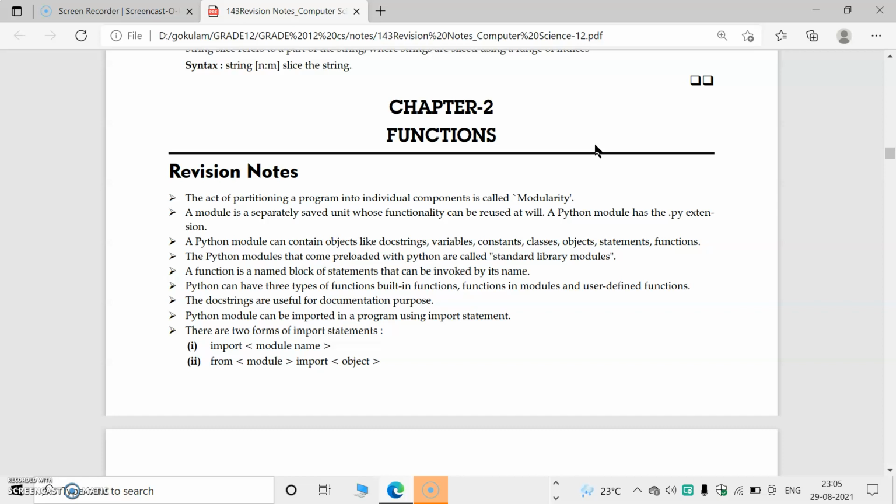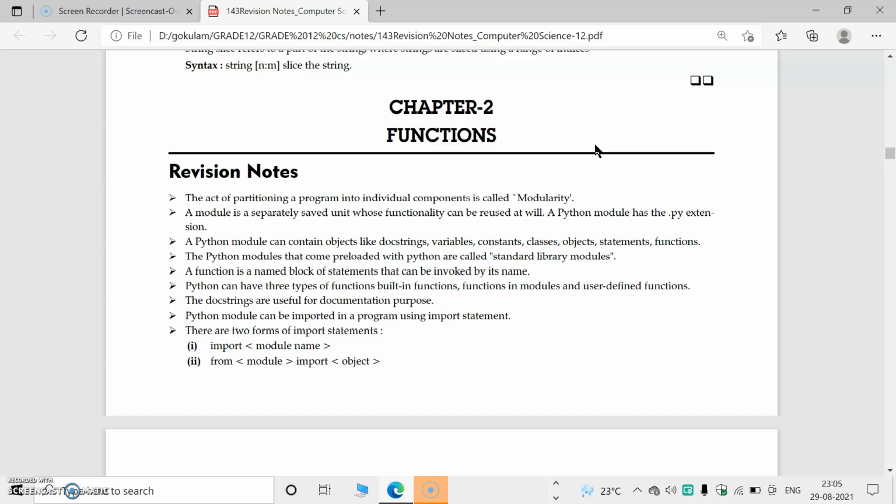Functions in modules means there are some modules or packages that store functions. For example, if we want to calculate sine or cosine of a number, then we have to import some libraries or modules. For mathematical operations we import the math package.